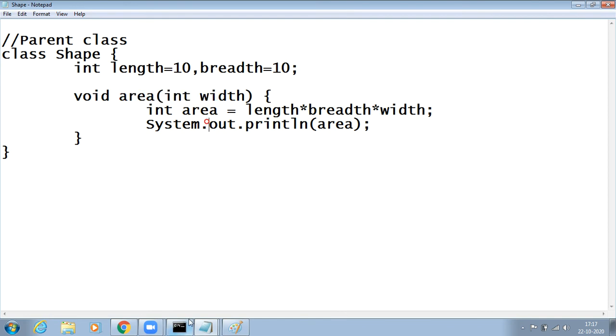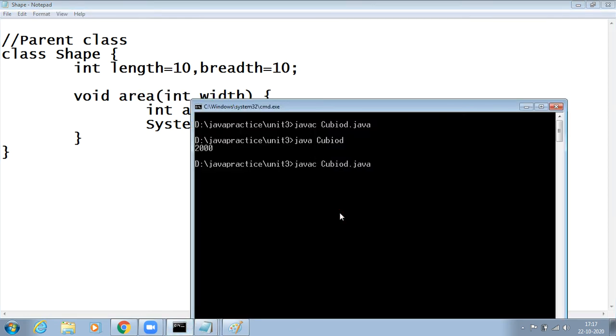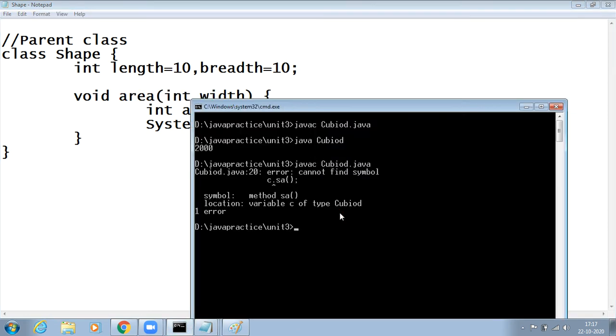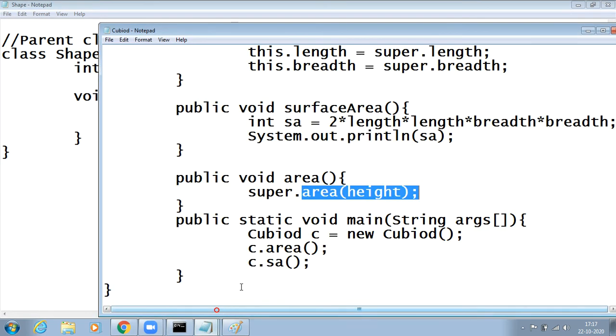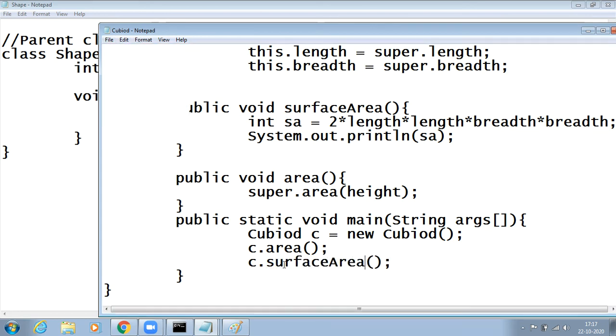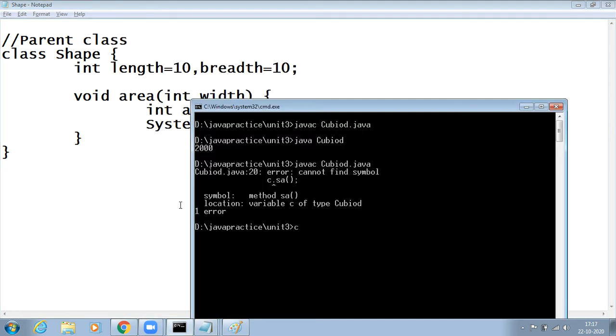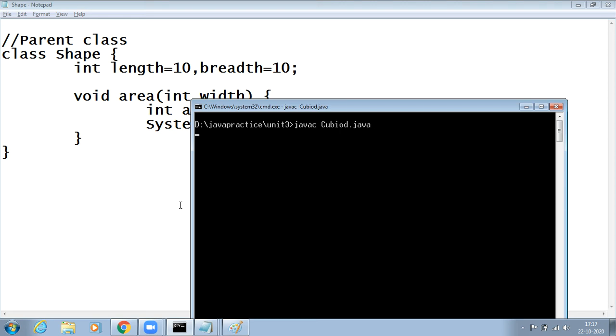Okay. Now if you compile this again and run, there is some problem. Maybe C.SA shows an error here. Okay, I just said C.SA, very sorry for that. C.surface area. Okay, I got 0 here.